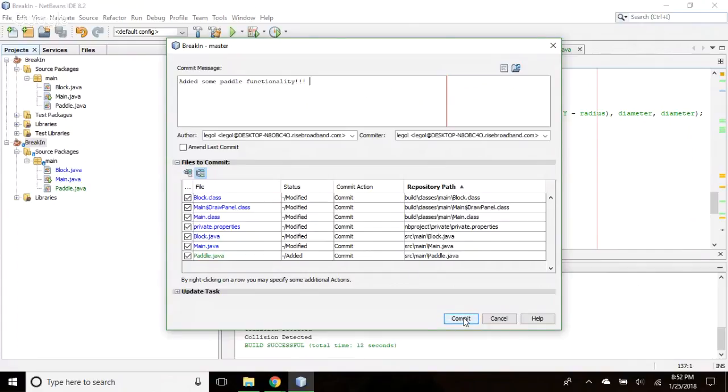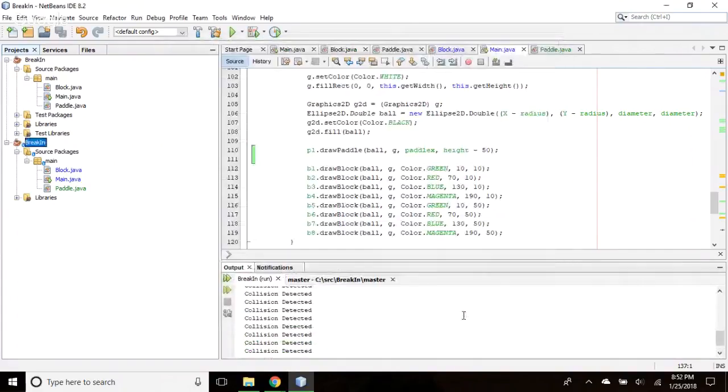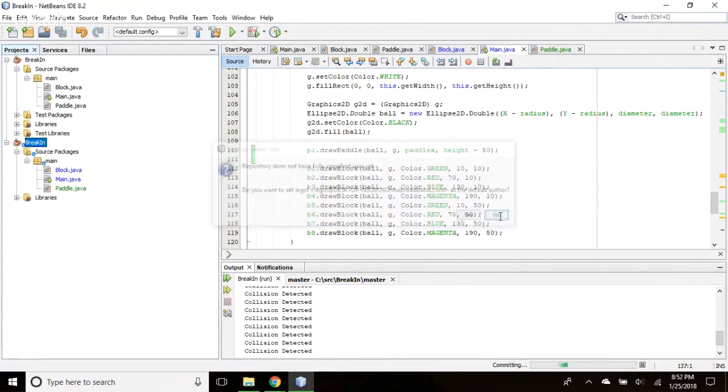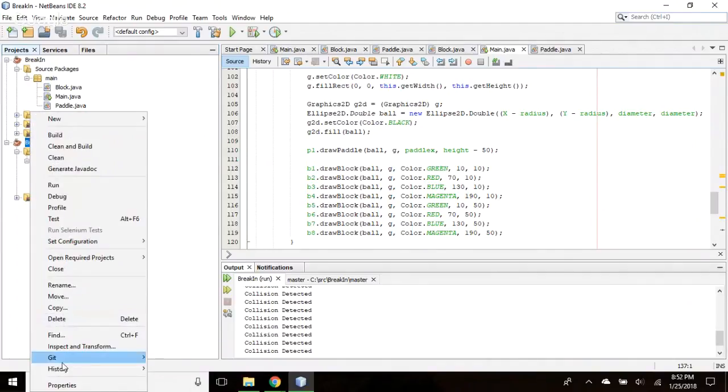Now we have Git built into NetBeans. Say no. Say no. Okay, right mouse button, click on it. Say Git.